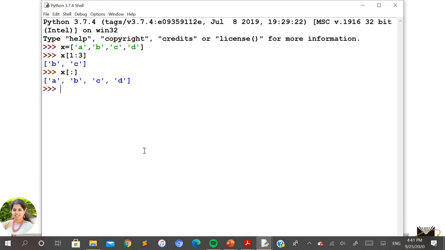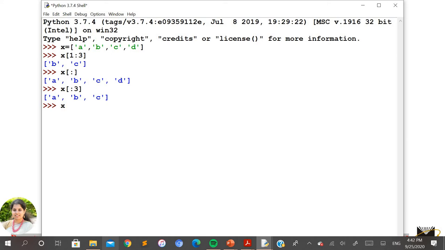So in the same way, if I take the x variable and I'll just miss the n value, instead I'll just take 3 as a value here. So what are you expecting the answer to be? Suppose if you are not going to take the first parameter for the slicing, by default it is going to consider it from the 0th position here. So if I press enter, you can see here 0th position up to 3 but not the third value. So 0, 1, 2, A, B and C, one value less to this list.